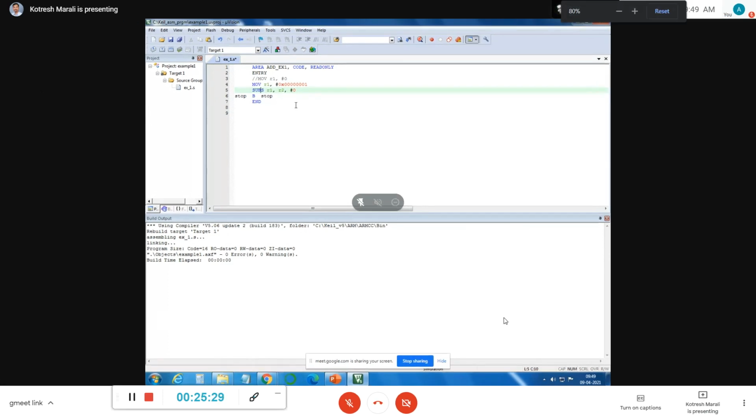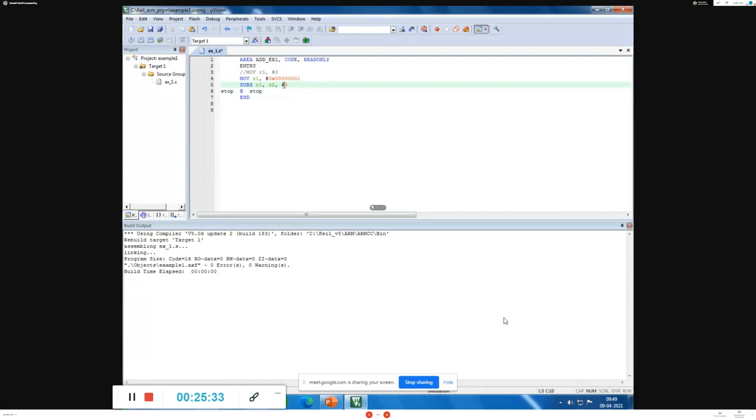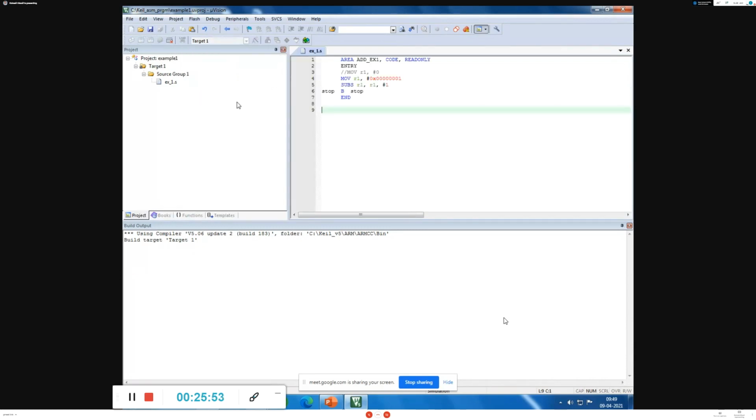No worries, you can use small case or uppercase. Okay, R1 is the destination register. What operation should I perform? Subtract R1 with immediate value 1. Run this program. We are expecting that the zero flag and carry flag should both be high. One error. What's that error?